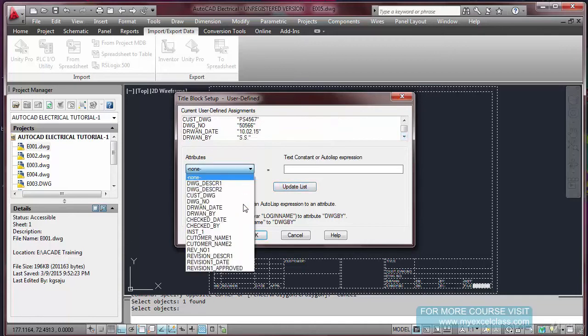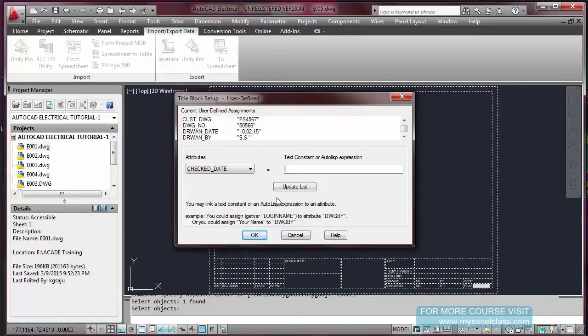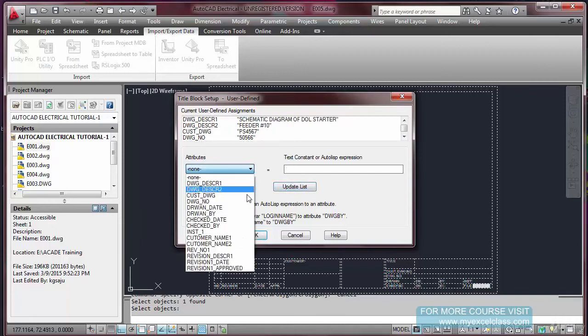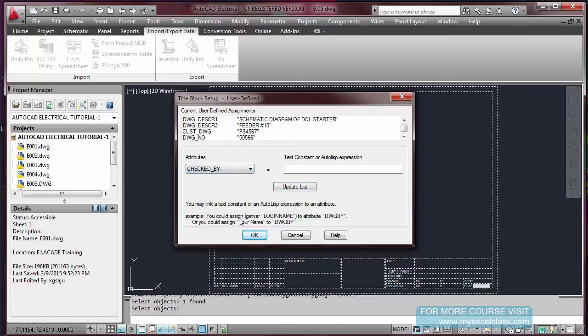Then check date again, okay, checked by, let us put PK, Aamir Khan's PK, okay. Update.